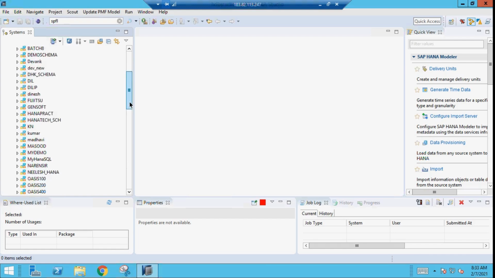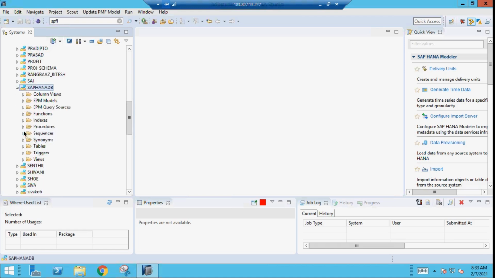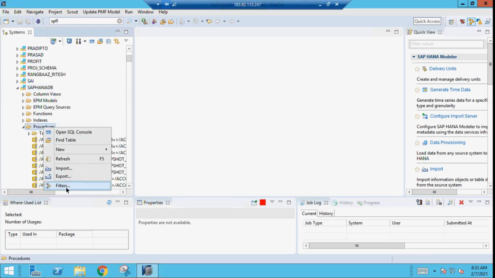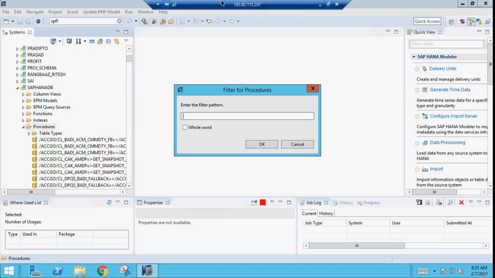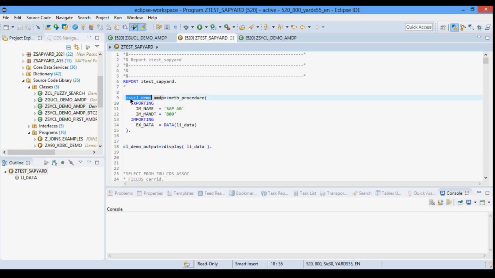The schema I have shown is SAP system ID, this one, SAP HANA DB. Inside this you will see the procedures. If I put a filter here and provide the name, this is the name.